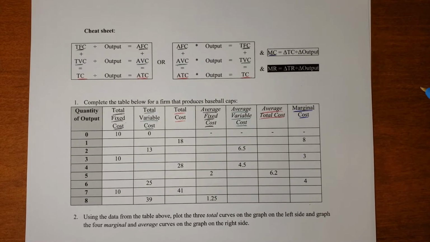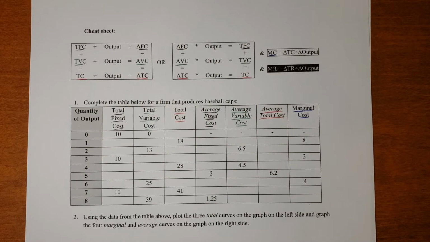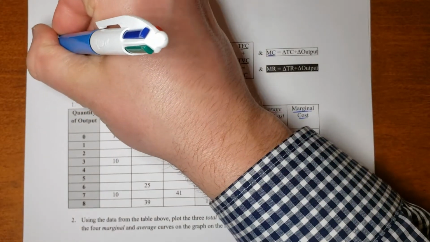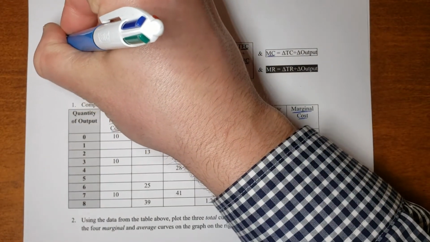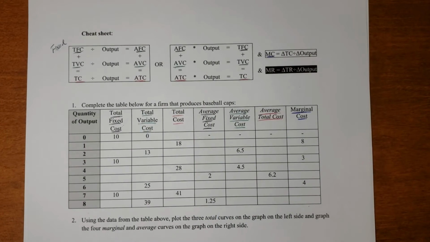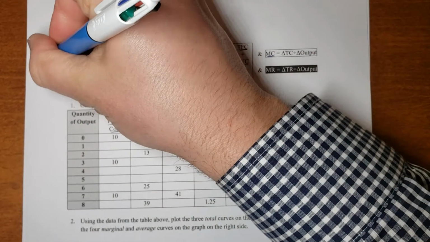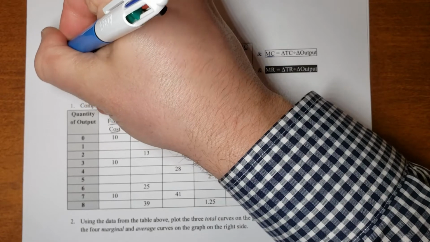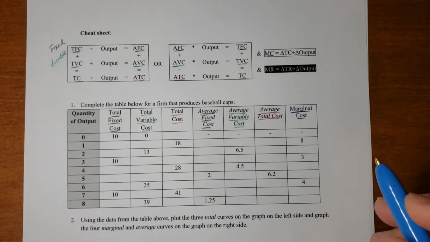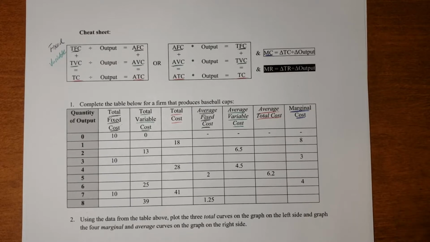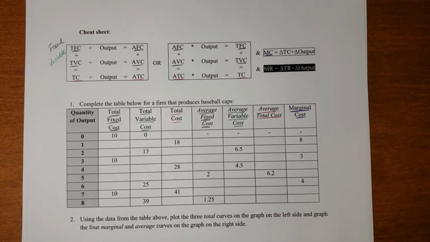Now, there are two types of costs that we are generally going to be talking about. The first type of cost is what we call a fixed cost. So I'm just going to maybe write that over here. Fixed cost. And then the other type is what we call a variable cost. I'll use green. Okay, so you have fixed and variable costs. And fixed costs are costs that do not change with output.